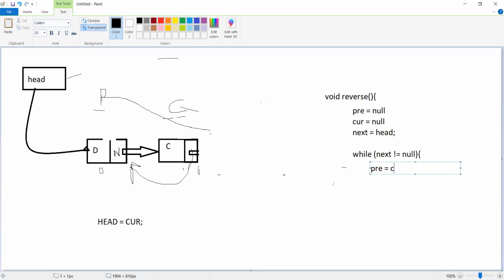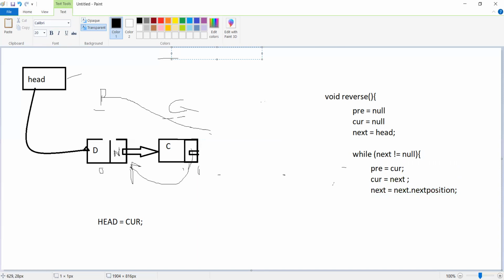So previous will become current, right? Wherever current was pointing, previous will point to that, and current will advance also. It will point to next, and next has also to advance. So it will say next of next. Assuming that next position is the pointer, this position, or I should describe a structure first, right, for this,